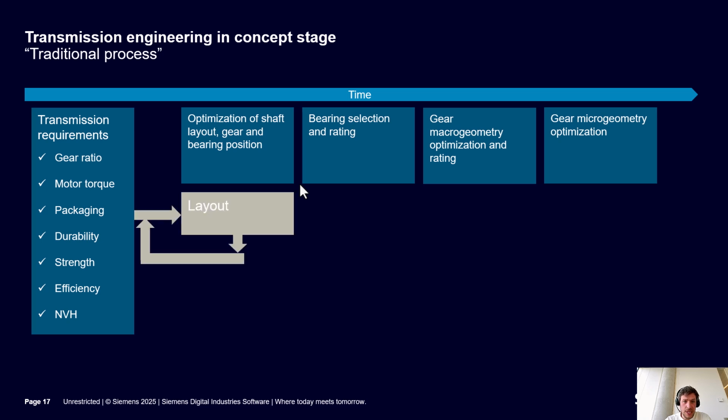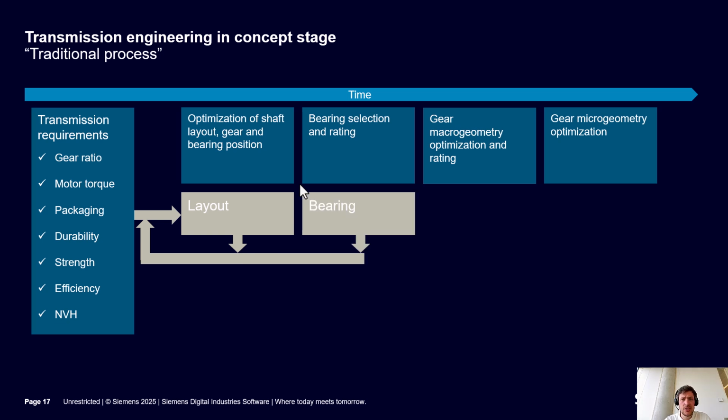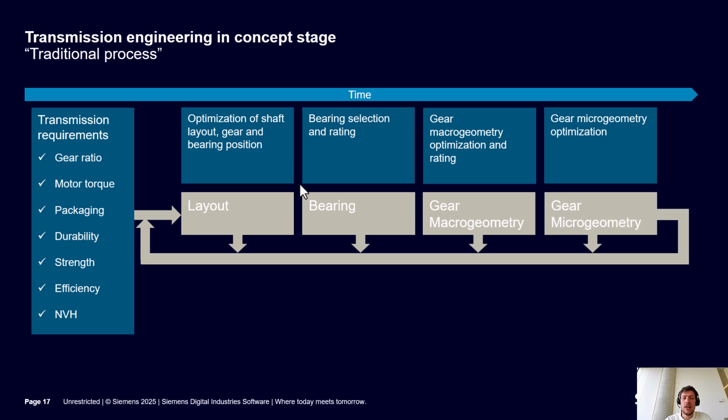So the first step is optimizing the layout, which means optimizing the positions of the shafts, the gears, the bearings, and their corresponding dimensions. Once you have your layout fixed, you go into bearing selection, bearing optimization, and bearing rating. And then finally, similar for gears, you start to optimize both macro and micro geometry and evaluate the different performance